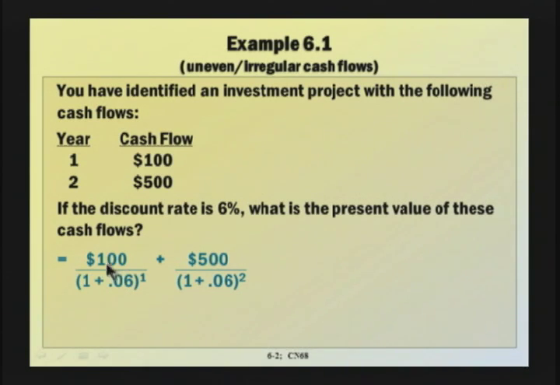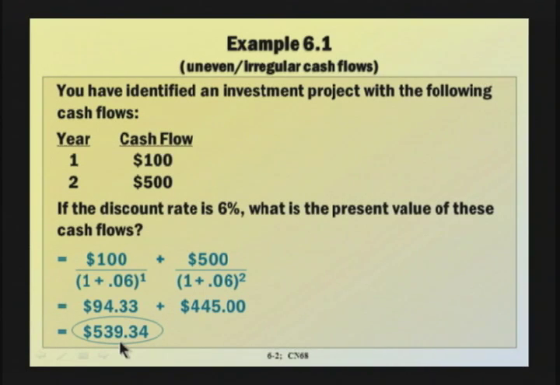So discounting the $100 cash flow at the 6% required rate of return for 1 year, and discounting the $500 cash flow at the 6% required rate of return for the 2 years will give us the present value of each cash flow individually, as shown, and then the present value of the total investment is the sum of the two, in this case $539.34. Now, one way to think about this value as being the appropriate value for this investment is that if you put this amount of money on interest at 6%, which is the rate we used to come up with this value in the first place,